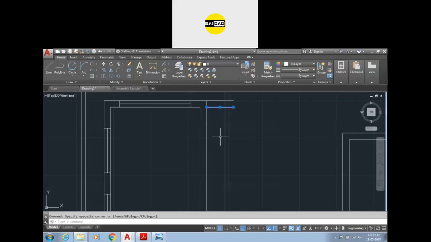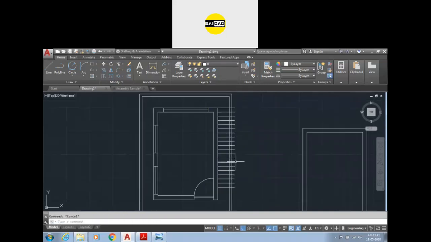Okay, so I can just create multiple objects with the help of the copy command. Select the base point, select the array. I want 20 steps, type in 20 value, and between gap I want a tread of 9 inches. So I can just create it like that. Create a line, and this will be our stair.